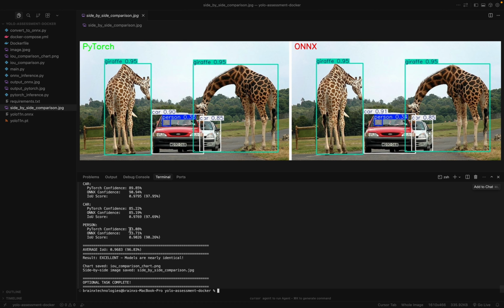To summarize, I successfully ran PyTorch inference and detected 5 objects. Task 2 was converting the model to ONNX format. Task 3 was running ONNX inference with identical results. And with the optional task, I am happy to discuss any question about the implementation, and if anything is required from me, please